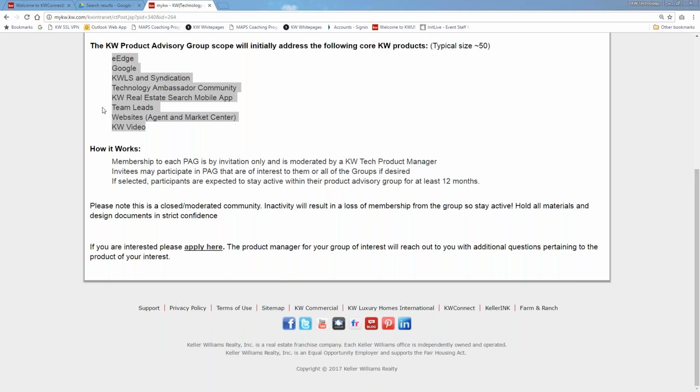partnered with Zillow to create a KW account feed. And this is a way for Zillow to identify the KW listings that are coming from the MLS. And then we can immediately apply our treatment until the KWLS arrives and takes over. Now, just to make sure you all are clear, this is not